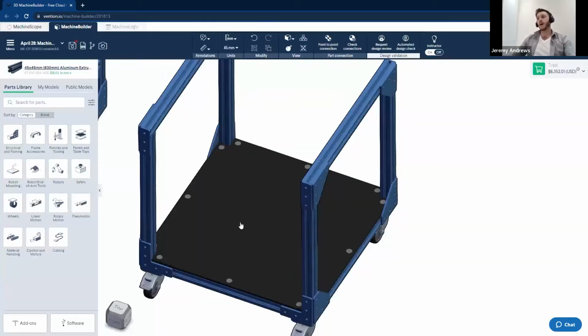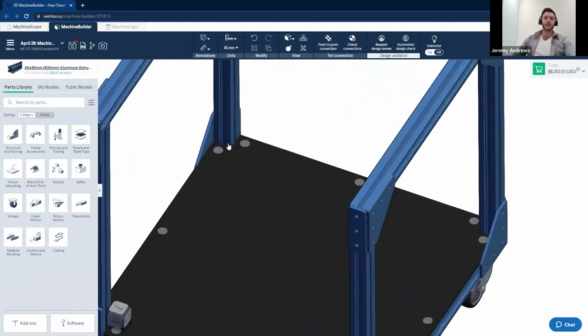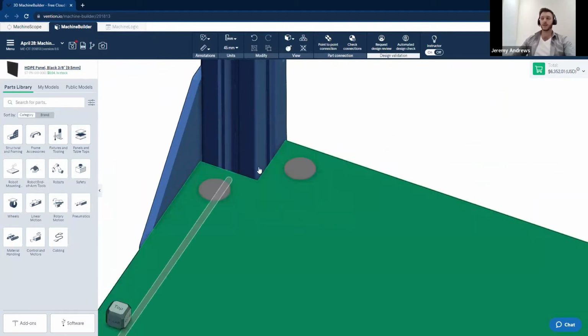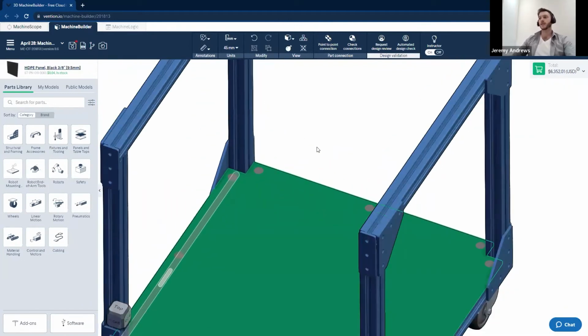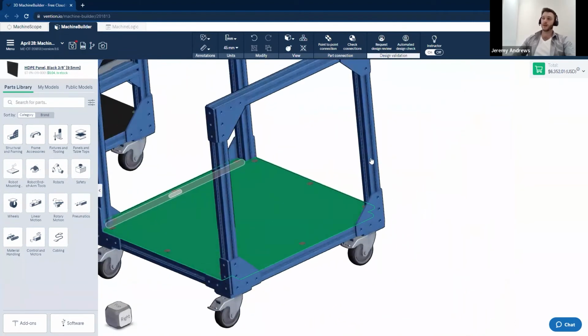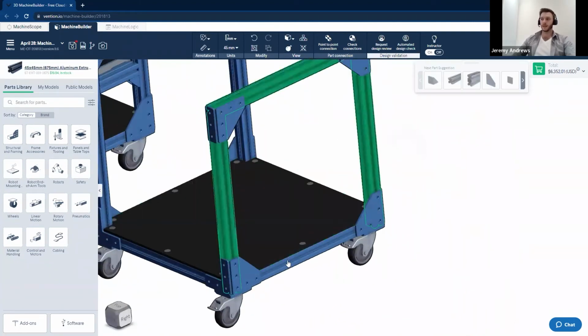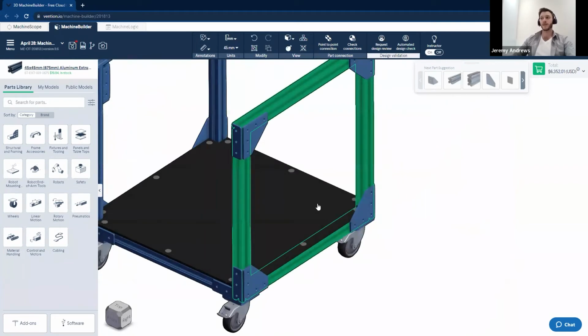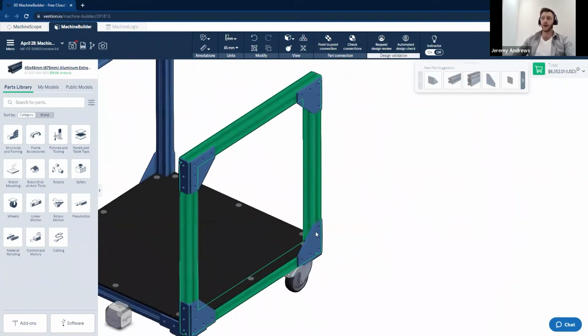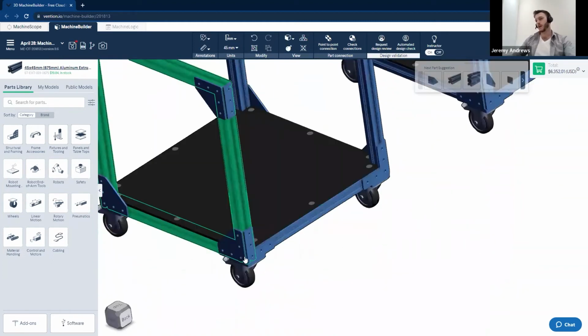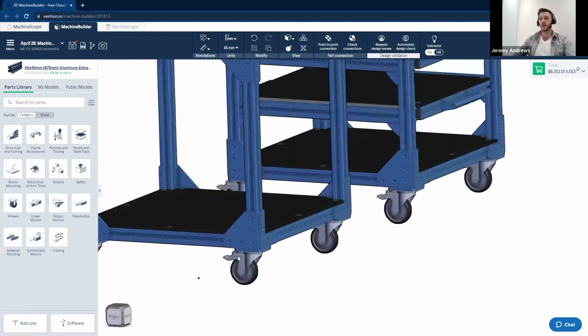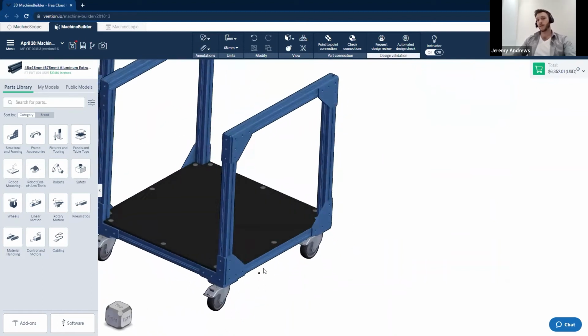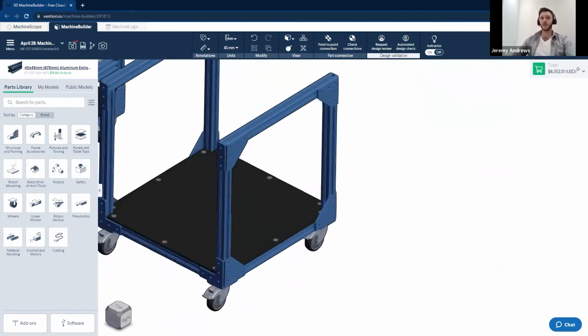One of the great things about the panels is that it actually automatically generates cutouts, both around our plates, gussets, and extrusions that are in the panel path. So say I zoom in over here, you'll notice that it does create the cutout around the extrusions for that. Say I created a panel on the right side over here, say selecting these 4 and generating a panel. It would also create cutouts directly around these assembly plates, depending on what they are. Say on the front, I have the L plate, it would create an L cutout, but on these triangle plates, it would create triangle cutouts. For that, I do invite you guys to explore the options available